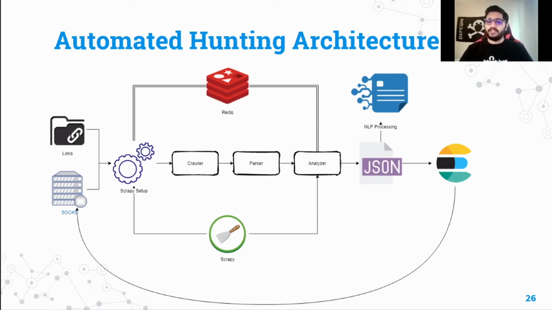The purpose of using Redis here is that you need some kind of cache, because Scrapy is multi-threading and might get duplicate data. Obviously, Scrapy has duplicate filters, but what if your Scrapy breaks down in between and you have to restart it? It will not apply that duplicate filter again when restarting. That's where a cache-based or in-memory database comes into play. You keep unique identifiers in Redis, and then you crawl the data or go to the website accordingly. So this is one example of how you can automate your dark web threat hunting.